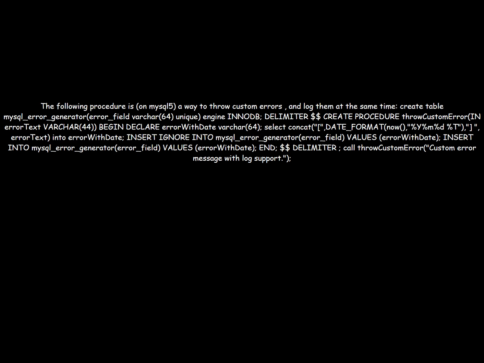CREATE TABLE mysql_error_generator (error_field VARCHAR(64) UNIQUE) ENGINE INNODB; DELIMITER $$. CREATE PROCEDURE throw_custom_error (IN error_text VARCHAR(44)) BEGIN DECLARE error_with_date VARCHAR(64); SELECT CONCAT('(', DATE_FORMAT(NOW(), '%y%m%d%T'), ') ', error_text) INTO error_with_date; INSERT IGNORE INTO mysql_error_generator (error_field) VALUES (error_with_date); INSERT INTO mysql_error_generator (error_field) VALUES (error_with_date); END $$. DELIMITER ; CALL throw_custom_error('Custom error message with log support.');